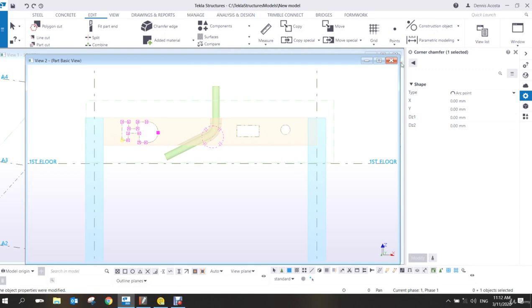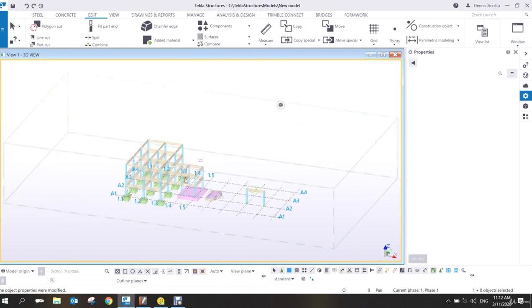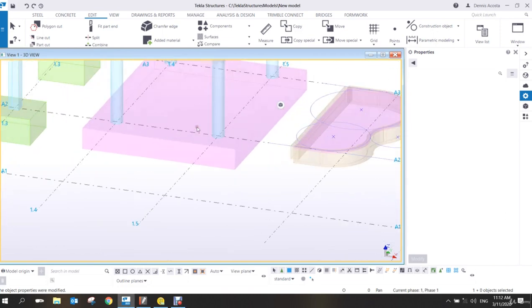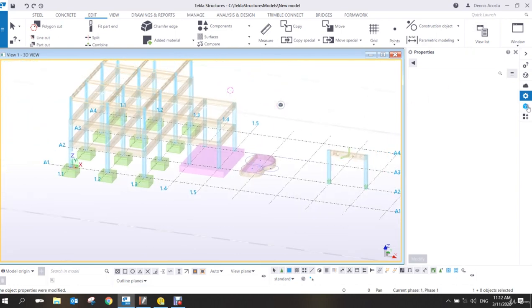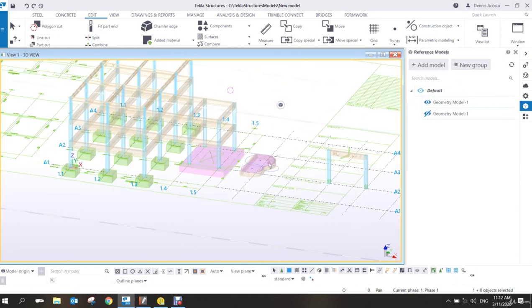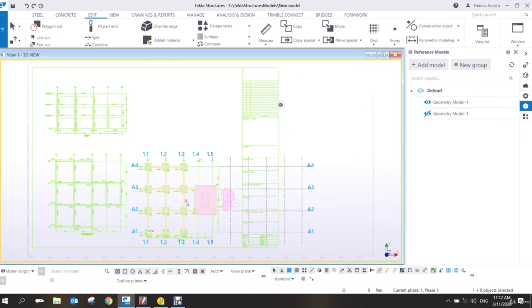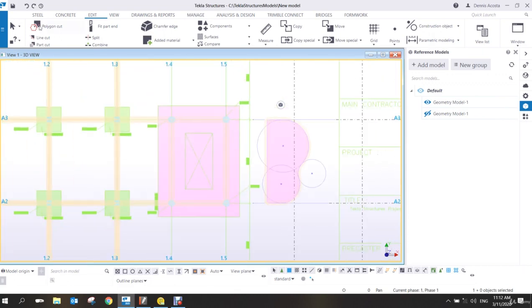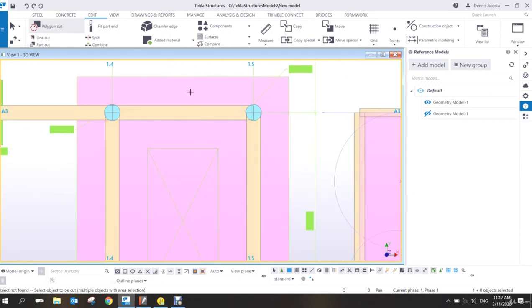Now, if I fit work area, and then go back to our slab or foundation here. Remember, this one has the opening. So what I will do is turn on my reference, Control P, and then from here, select the polygon cut, pick the part to cut,